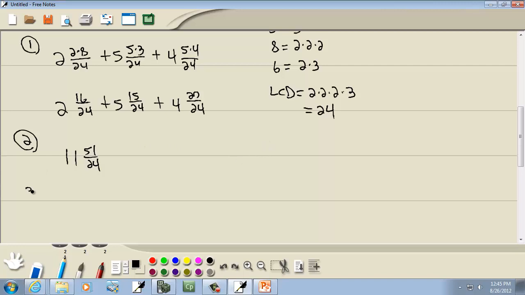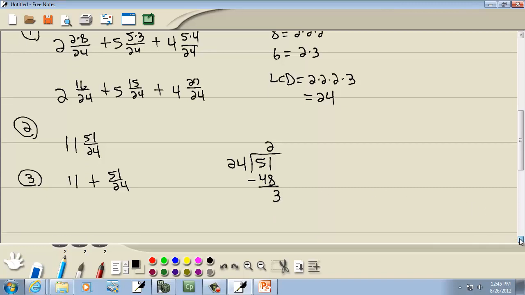And so step 3, remember this is the same as 11 plus 51 over 24. And to change an improper fraction to a mixed number, I'm going to do old style division. 24 goes into 51 2 times. 2 times 24 is 48. 51 minus 48 is 3. So then this becomes